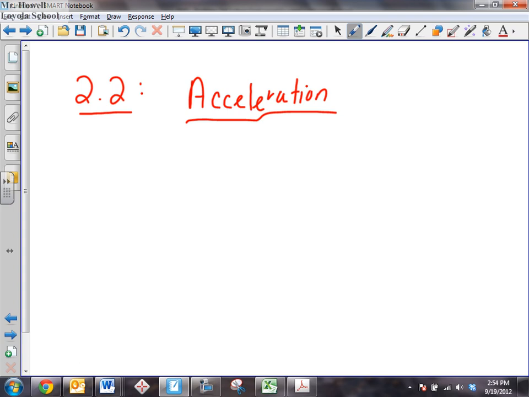Tom: It's when you're going at a certain pace and the pace increases. Good. You're going at a certain pace or rate, or in this case velocity, and that velocity changes. So if you want to put a definition, change in velocity over a time period. Again, acceleration is a change in velocity over a time period.